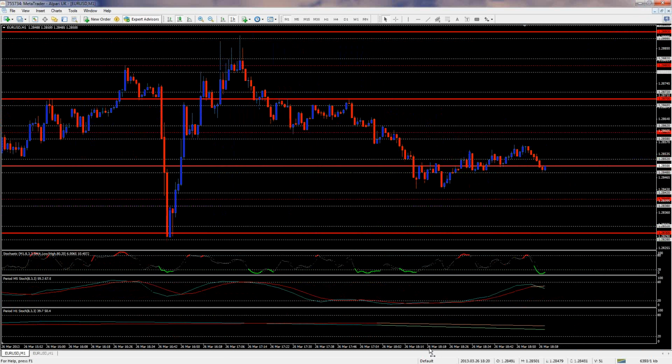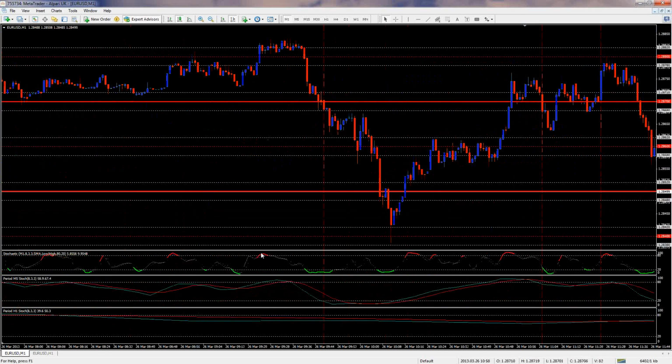And then we'll be able to see it on the hourly as well. So you can just see now, as we're starting, this is still fairly flat, but you can see as we start moving in a certain direction, the lines start to spread apart, especially when you've come out of an overbought